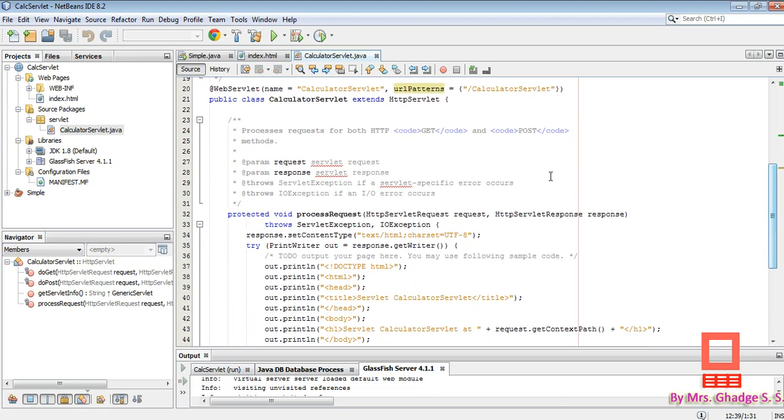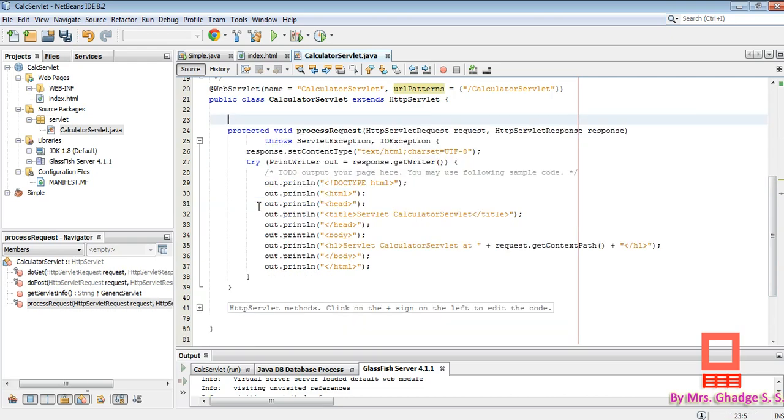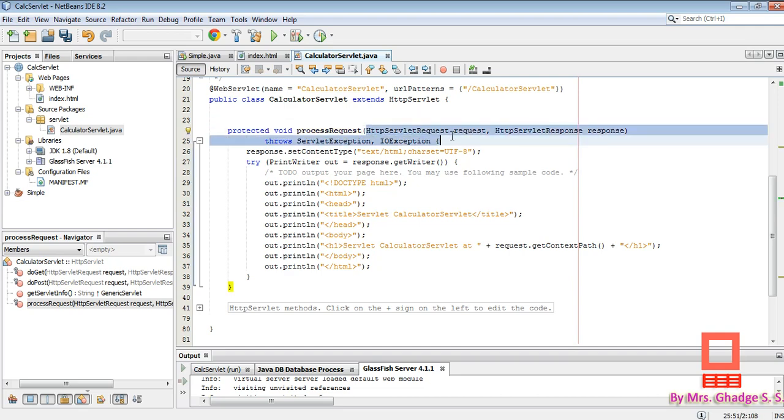Next I am going to delete these comment lines. Here you can see one method, the processRequest method. It will process the request that came from the client. The processRequest method takes two parameters. The first parameter is HttpServletRequest, with the object request, and the second is HttpServletResponse, with the object response.